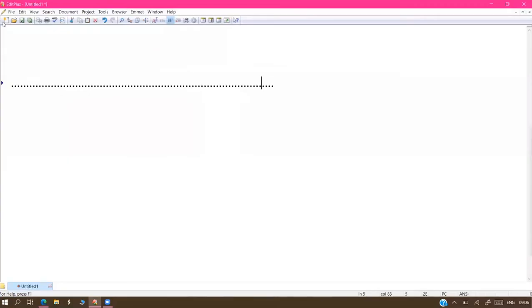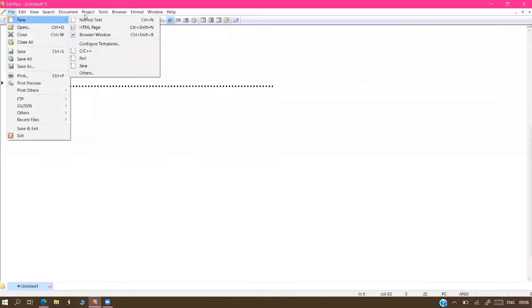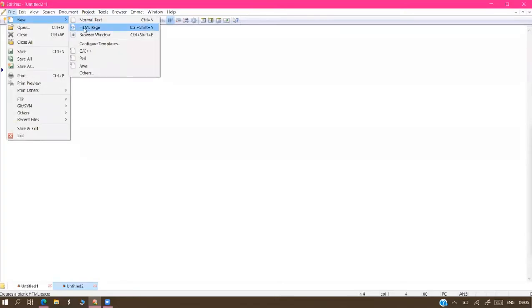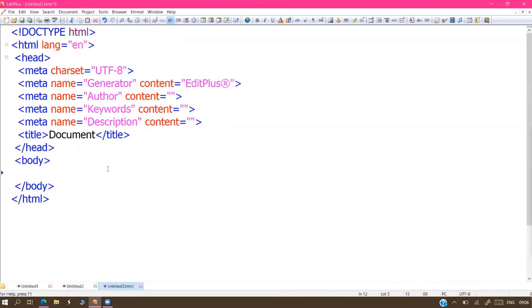Generally, what we are doing is taking File menu, New file. When you take this normal text file, even on my system colors do not come, because it is a plain file, and a plain file never shows any colors. See, I typed HTML already here but I'm not getting any colors. In the File menu, New, take the HTML page, and you will get colors automatically.